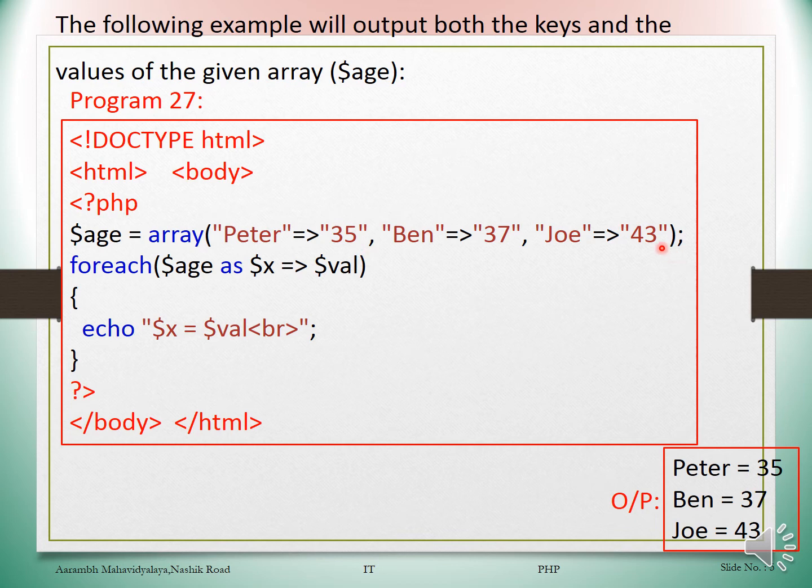Here at the last we have not provided any comma, as we are ending this array here. We are ending these values, these elements, and after that we provide the semicolon. That means the array elements or array values are completed. Then for each age adds $x to value.